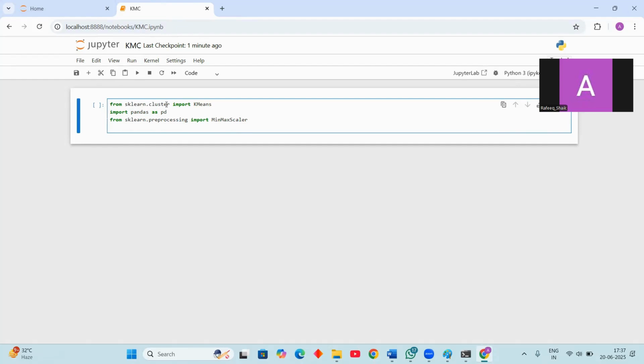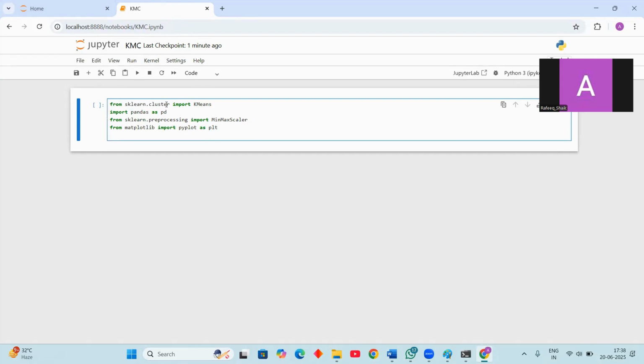And now we use the elbow technique, right? For that we use a graph, so we also want to import matplotlib. Import pyplot as plt,